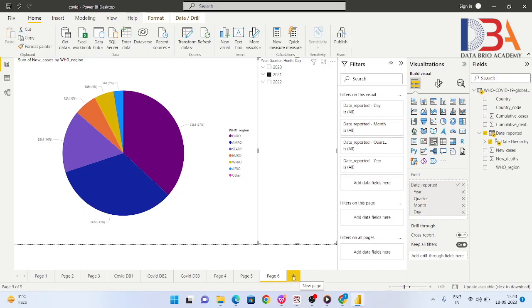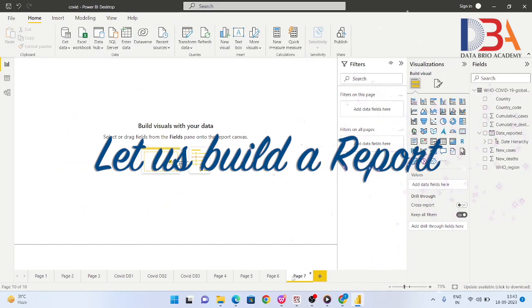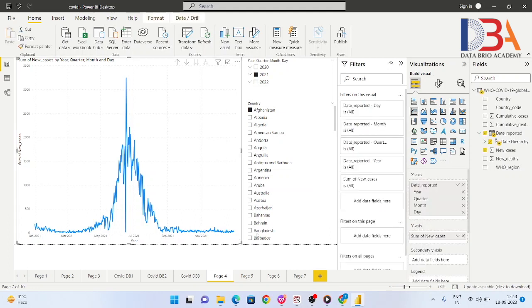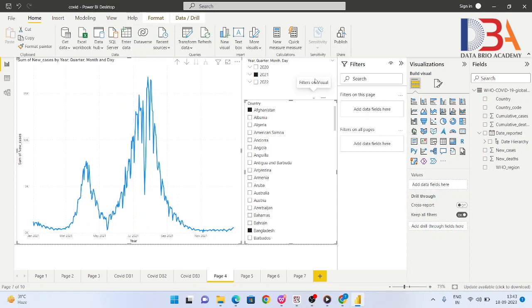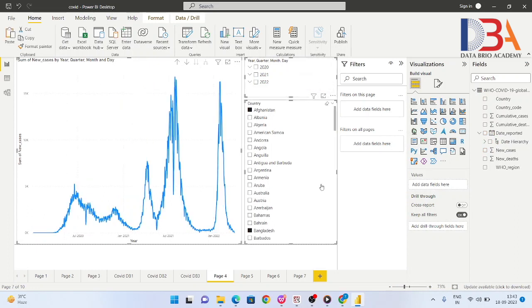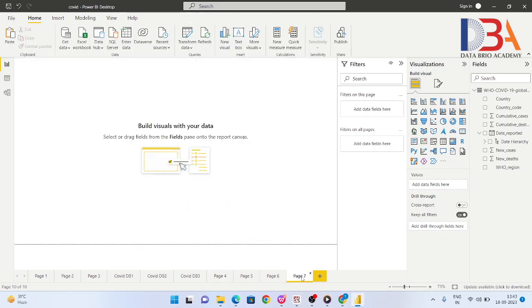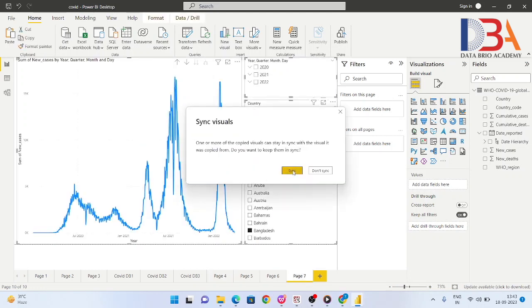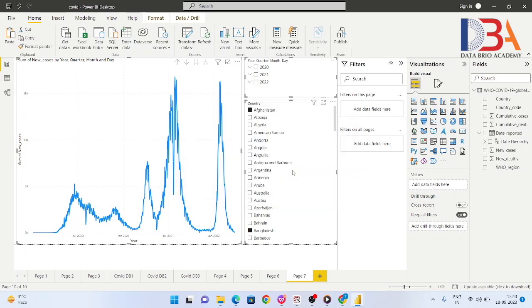Next we will see how to build a report. First we need to copy these three charts and slicers. We just need to copy this and paste it in a new page, and click on sync.